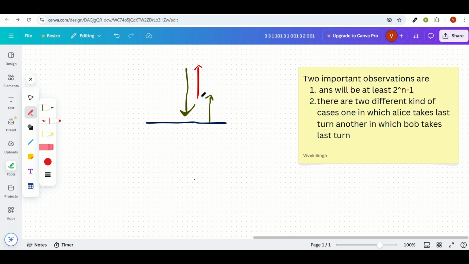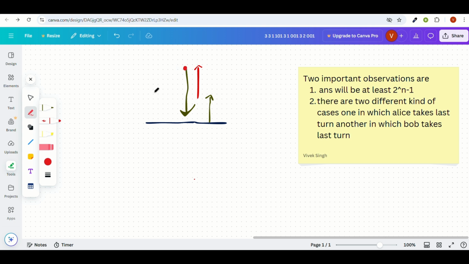These whole values will be summing up to 1 less than 2 raised to power n. So whenever 2 raised to power n minus 1 is computed, all the previous ones were smaller than this one, and both Alice and Bob will keep on going up and down. That won't affect our answer. The only thing will be that in the last move